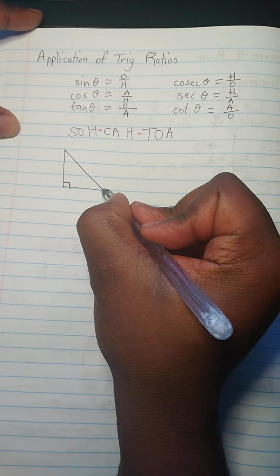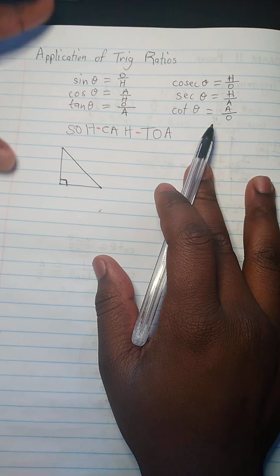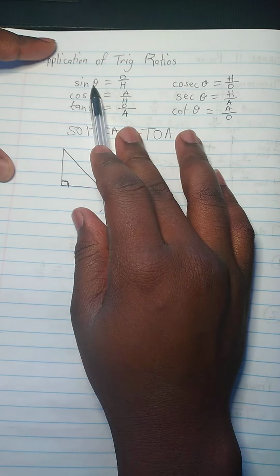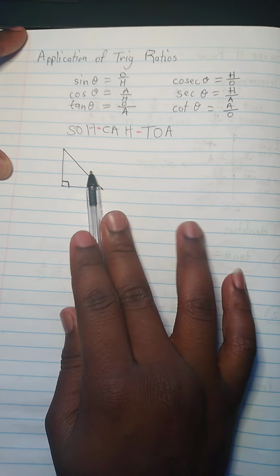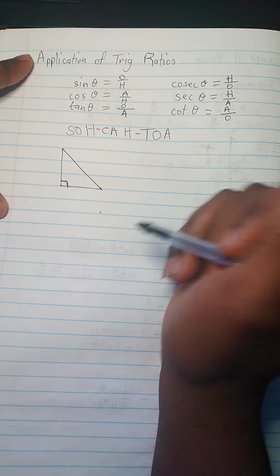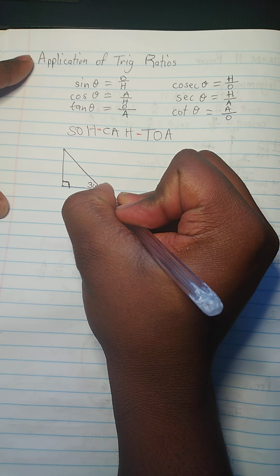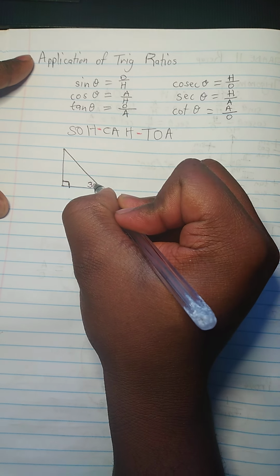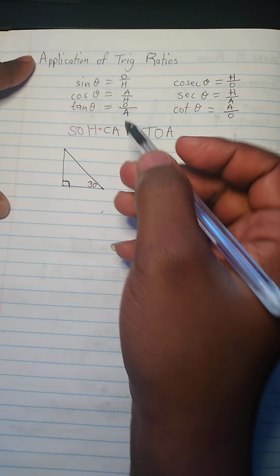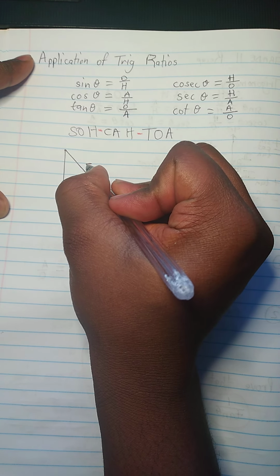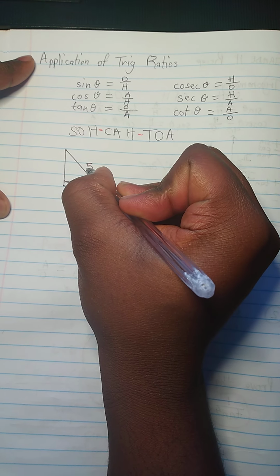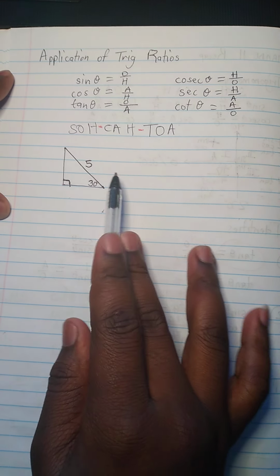Remember, bear in mind, these ratios can only be applied on a right angle triangle. So for example, let's say here it's 30 degrees, and here the longest side is 5, and then they say use